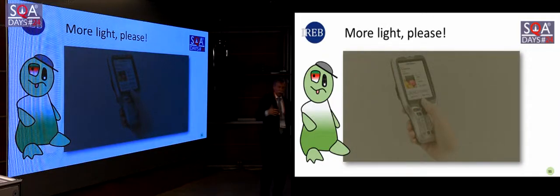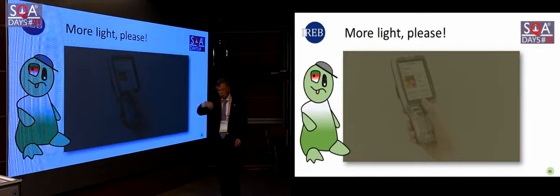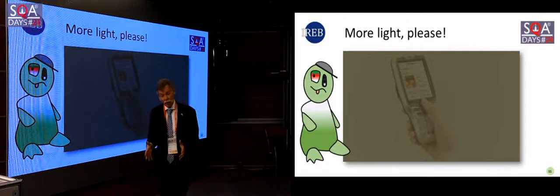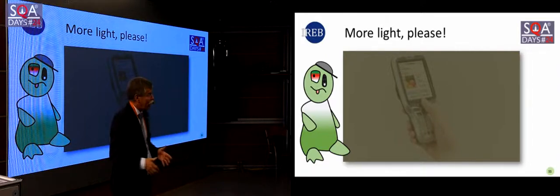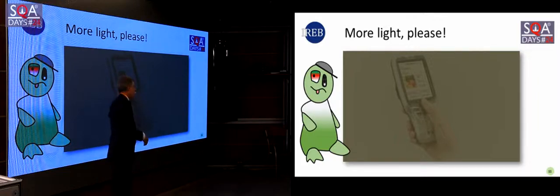When the truck was on the conveyor belt and they had to put in all these parts, they should be collected from the warehouse just in time, and they had developed an app or a system with these mobile